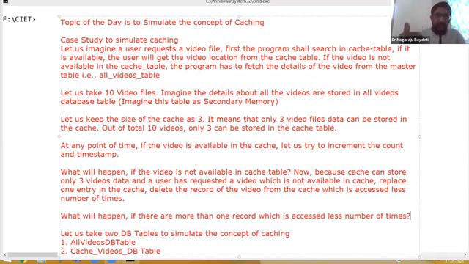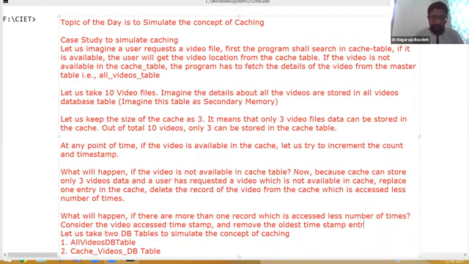If the number of times the video is accessed has a tie, then what we can do is consider the video accessed timestamp and remove the oldest timestamp entry.